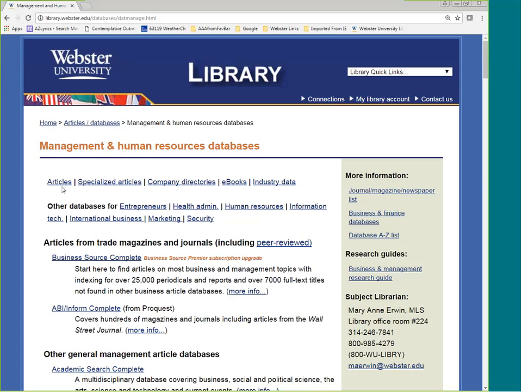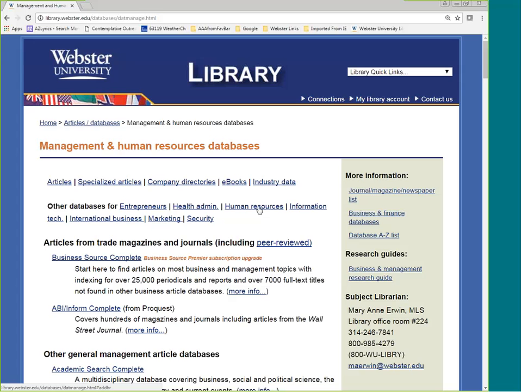So today we're going to focus on the articles because that's where you're going to find the scholarly peer-reviewed publications and articles within those. We also have some other databases that support particular programs.